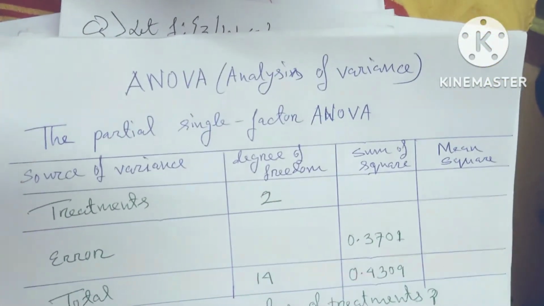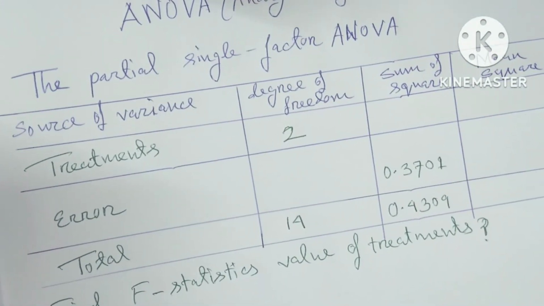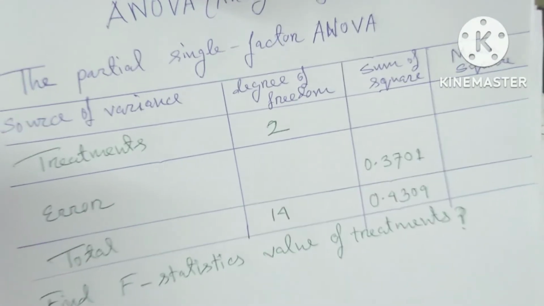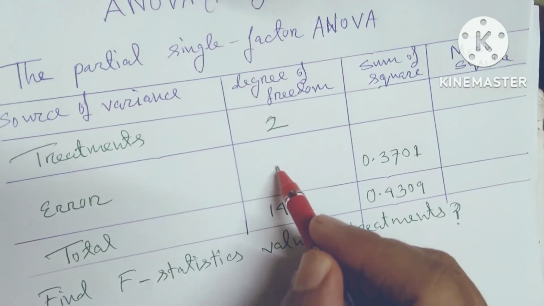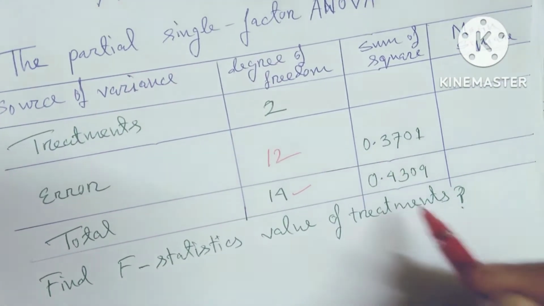Today's discussion is analysis of variance, ANOVA. The partial single factor ANOVA table has source of variance and degrees of freedom. So you will see that it is 12, because the total is 14, so it is 12, and the total is